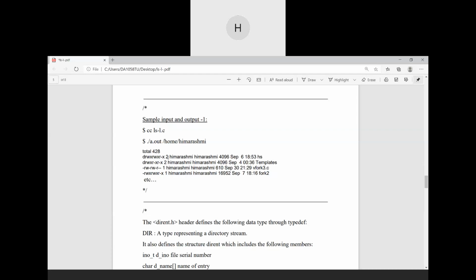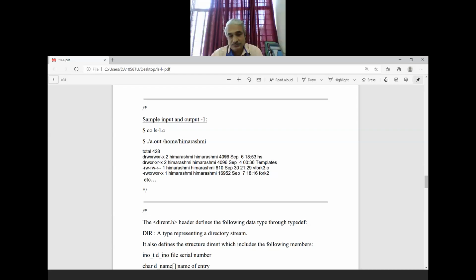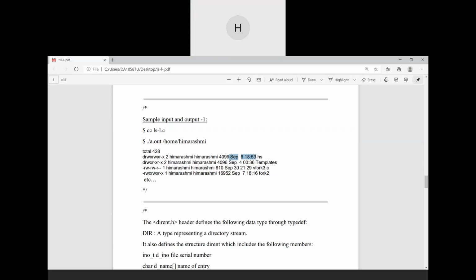And this is the number of hard links. This is the name of the owner, the group, and this is the size in bytes. This part is displayed by the ctime function. And then this is the file name, and this is the total which is calculated and also displayed by the ls -l command.